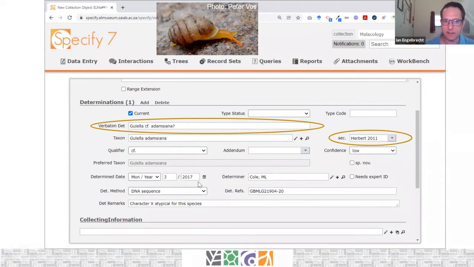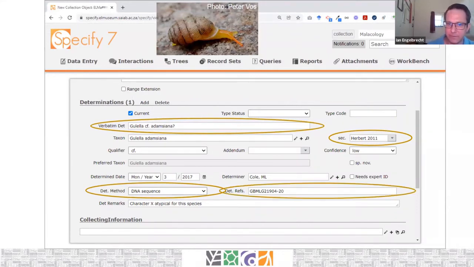Okay, then we've got the standard things like determined date and the determiner. That's relatively standard. But we're also encouraging people to record identification methods. We've got a really nice pick list of identification methods, and in this case, we can say that the specimen was identified using a DNA sequence, so maybe we barcoded the specimen, and we have the identification references, the determination references. And in this case, I can say what the GenBank DNA barcode was that our specimen was matched with